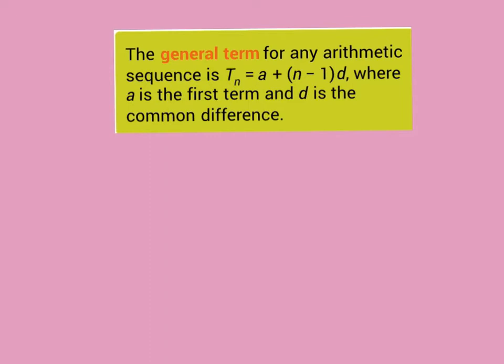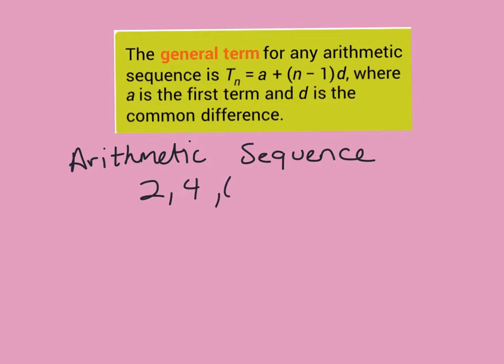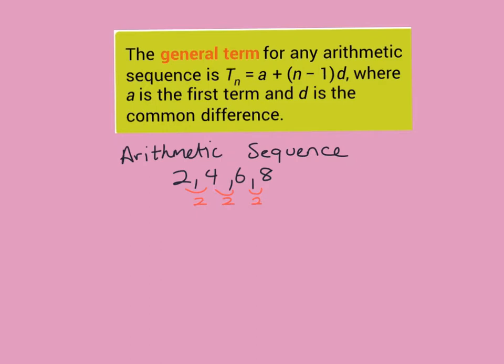So when we talk about an arithmetic sequence, we talk about sequences like the following: 2, 4, 6, 8, where you can see that our common difference here is 2. So this sequence increases by 2. When we look at a sequence like this, we can see that the first term, which is a, is 2. And then d, our common difference, is also 2 in this case. So the general term just allows us to make an equation that represents that sequence,